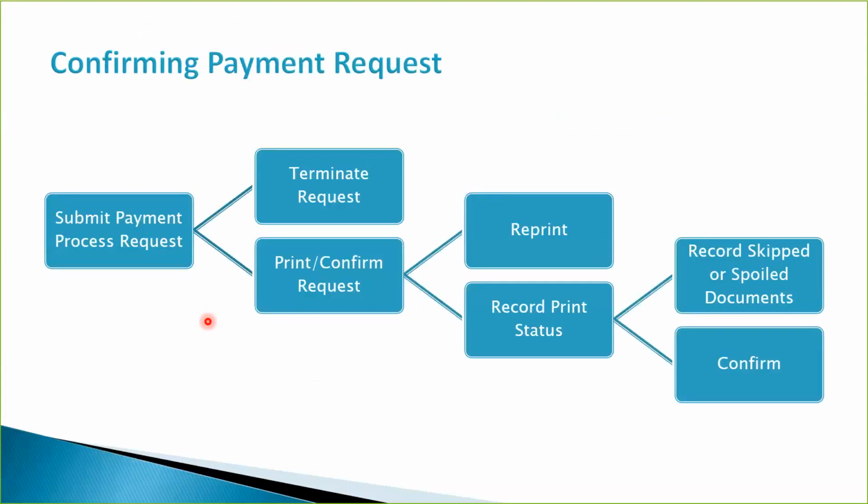So we saw how to terminate a payment process request, okay? Once we follow this path. Now we are going to see this other path whereby we submit the payment process request and then we go all the way to confirm it. There are various steps along the way which you can select, and we are going to see all of them. So once you submit the request and look at the report output,